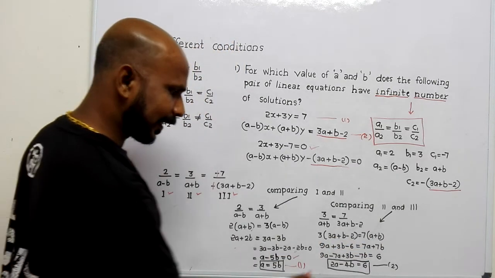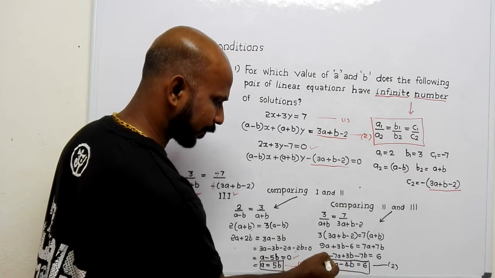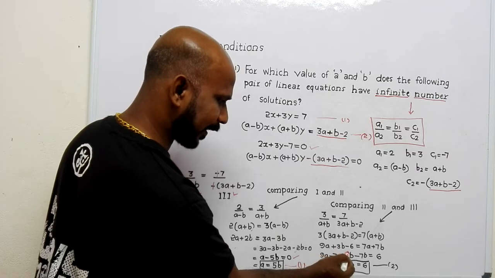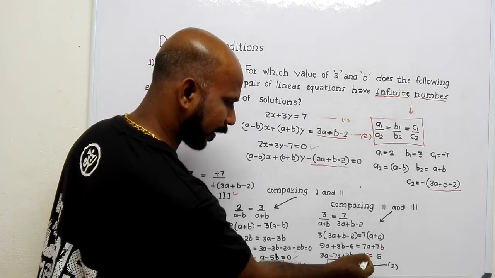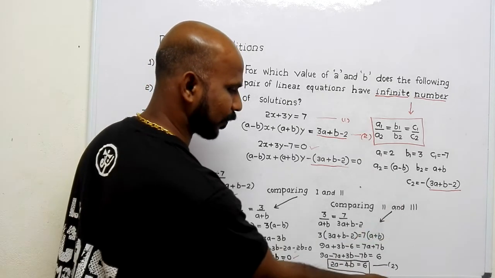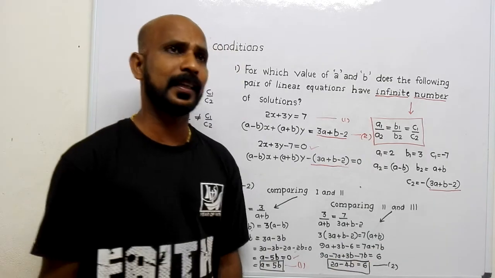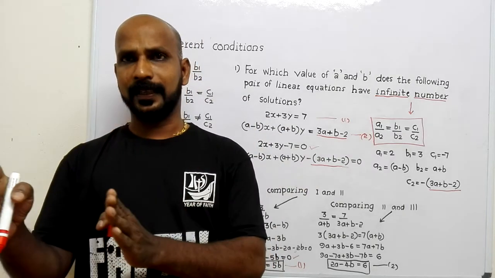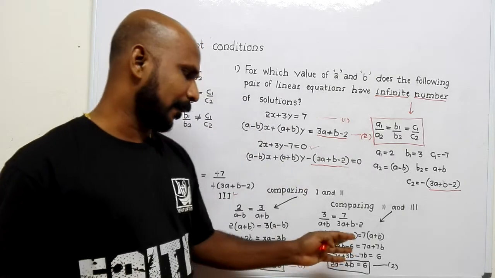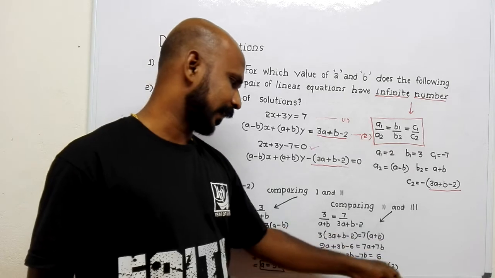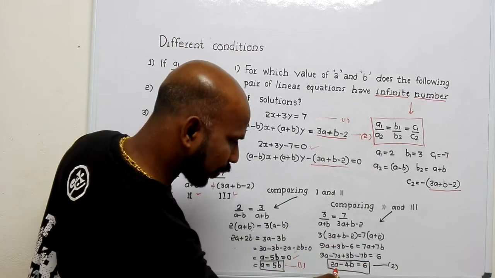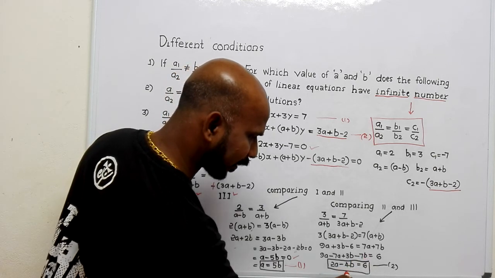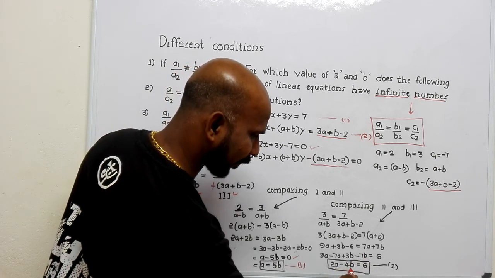We understood that A is bigger here, so we will take this side. 3A at a time also we can do, 9A minus 7A plus 3B minus 7B equal to 6. We have taken the 6 to that side, constant to that side. When we make an equation, always think that variables should be arranged on the left side, numbers should be arranged on the right side. So we understood that here one number is existing that you have taken to the right side. So 9A minus 7A, 2A. 3B minus 7B equal to minus 4B. So 2A minus 4B equal to 6.